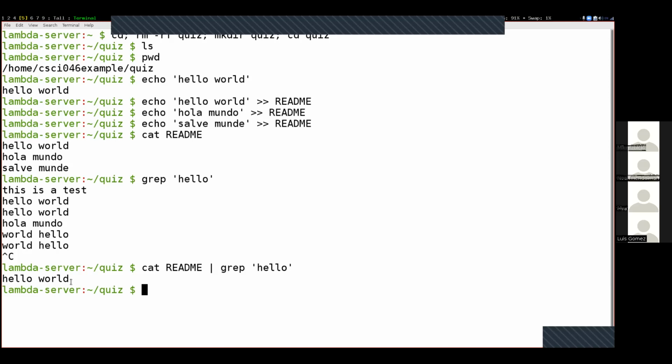Any questions so far? Yes. Yeah, great question. So the question is, does this grep program take regular expressions? And the answer is yes, it does. Actually, the RE inside of here stands for regular expression. And one of the subsequent